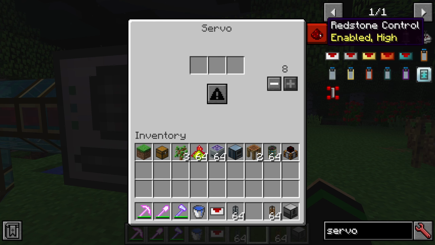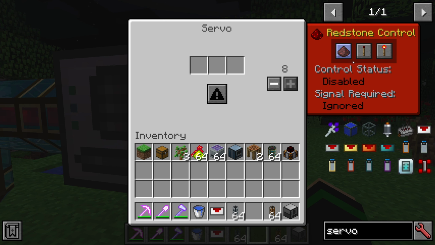If you right click it, you can make it ignore redstone if you just want it to be on all the time. Otherwise you can control it with redstone like this. And then you can add a filter to the servo. So for example, I can add the,